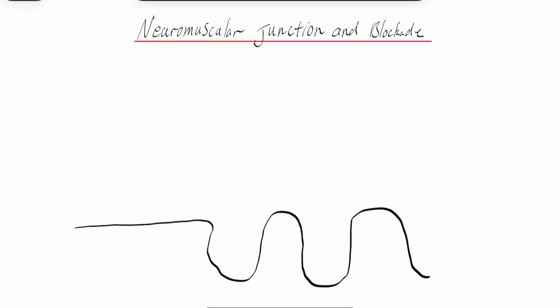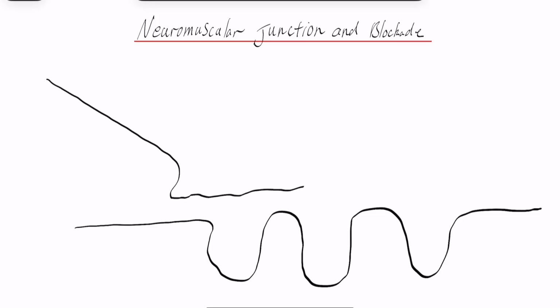Today we're going to talk about the neuromuscular junction and its basic function, and then once we understand the function, we'll go over the 4 different ways that you can produce a neuromuscular block. And this is a question that I've come across in exam practice that I really struggled to answer because